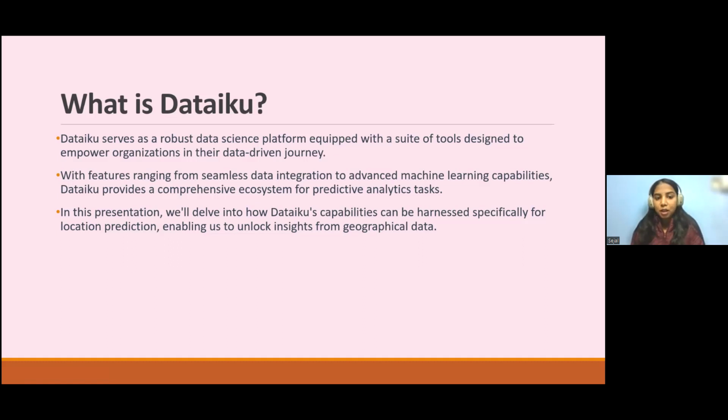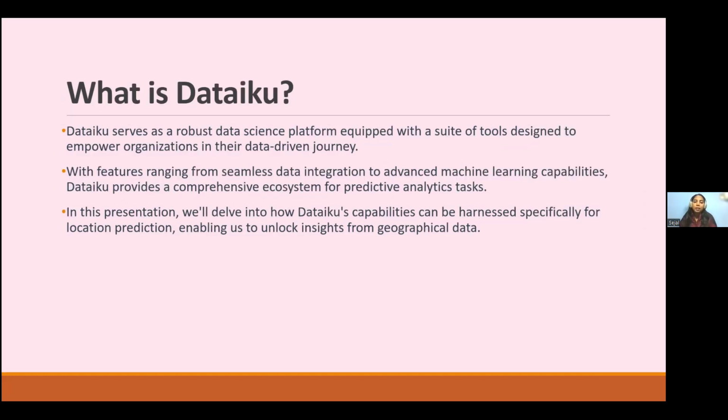Dataiku provides a comprehensive ecosystem for predictive analytics tasks. So basically, Dataiku is actually a company name which provides a DSS, a data science tool,